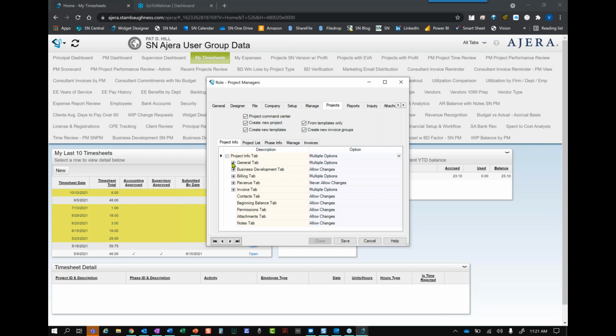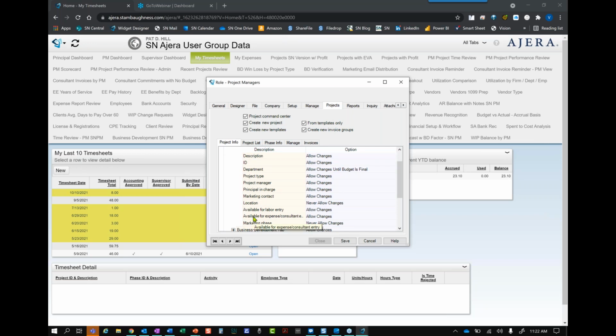But there are some on that one, but this is the one I'm looking for. Yeah. So as you know, I think it's been maybe 2 years now where they added the option for us to limit entry type on phases to labor or expense and consultant. When they added these, they were automatically allowed on all roles too.